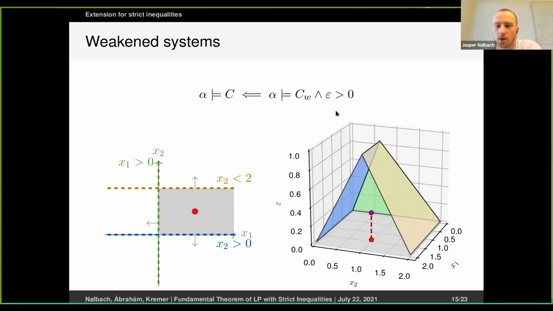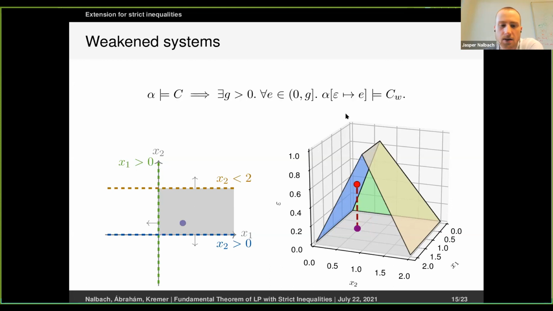So once we have such a solution, and we will see later how we find such a solution, then we are basically done. The more challenging direction is to show that when the original system is satisfiable, then we also find a solution for the transformed system with a positive epsilon. And for proving this direction, which will also be the more tricky part of our proof and the focus of this presentation, we first observe that given a point in the original system, in the transformed system,